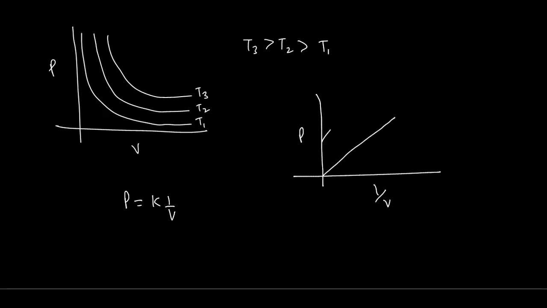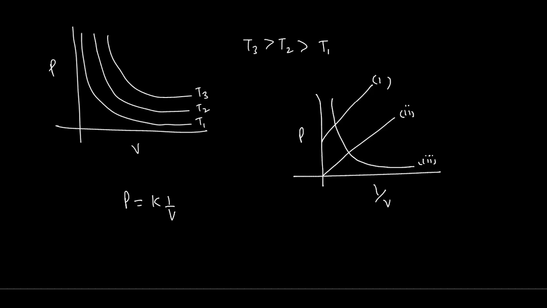Would it be a straight line from this one? Would it be a curved line like this? Okay, what would you consider this one? This is the first one, this one is the second one, and this one is the third one. Which graph do you think is the correct graph for this representation?